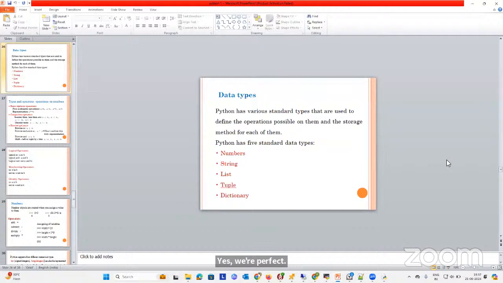Next, coming in detail to the data types. Understanding from here, we will learn how to write Python. Python has various standard types that are used to define the operations possible on them and the storage method for each of them. So if we write a variable,